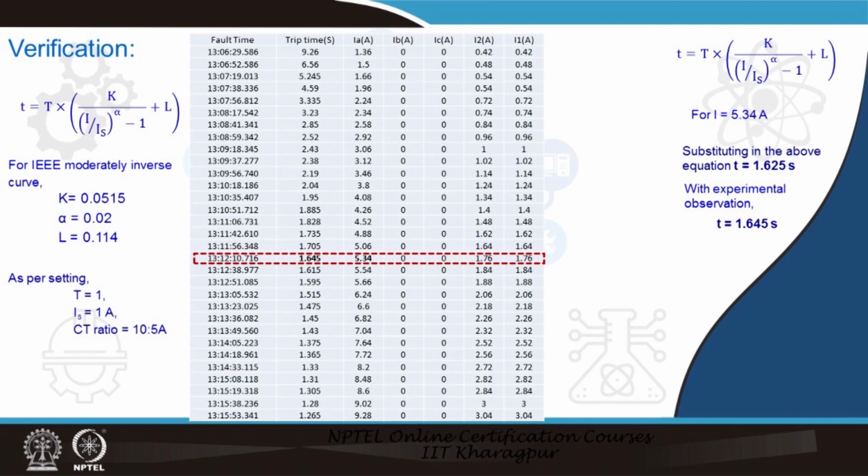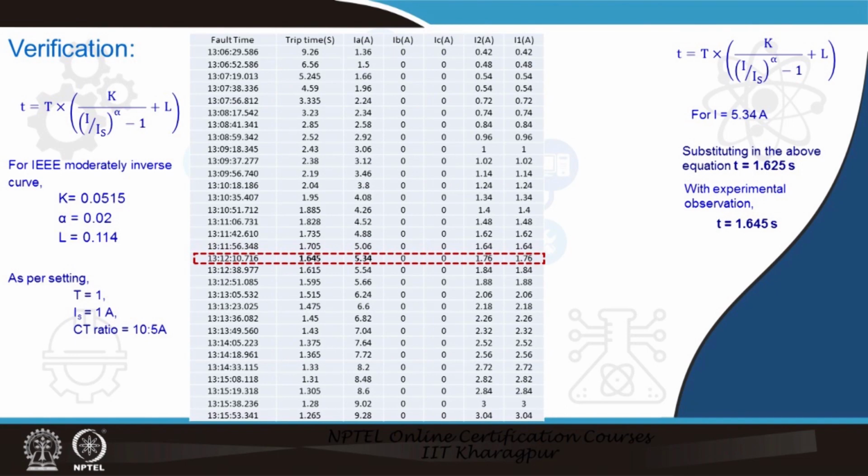Now, we have demonstrated in our theory part in the NPTEL course on overcurrent relaying how to calculate this from the different characteristics for the relay current observed by the relay. In the experimental setup which I already demonstrated for this case, the recorded time happens to be T equals 1.645 second. So, theoretical calculation says 1.625, and the corresponding relay shows 1.645 through our observations.